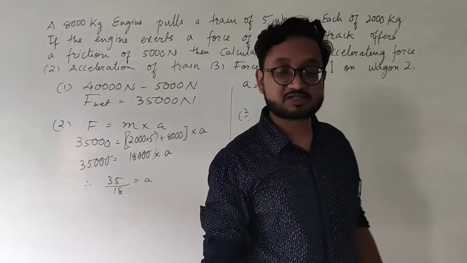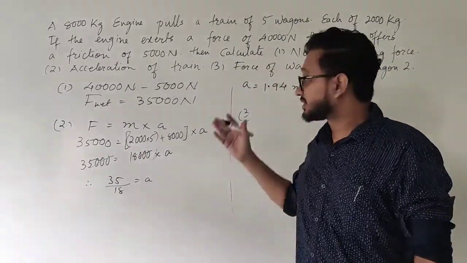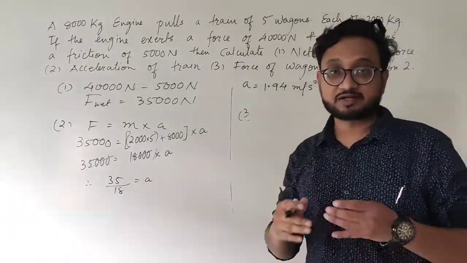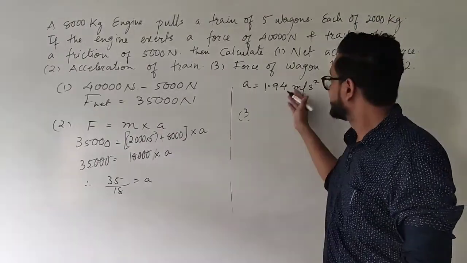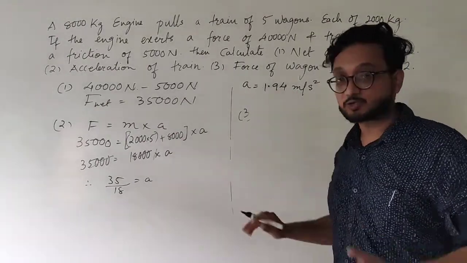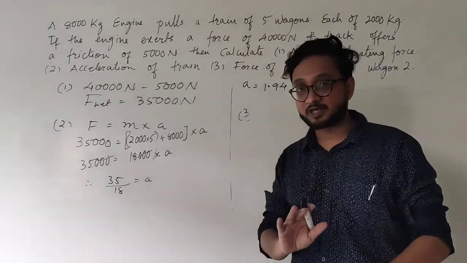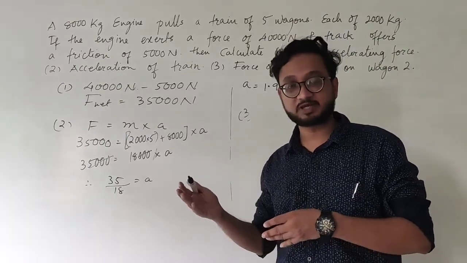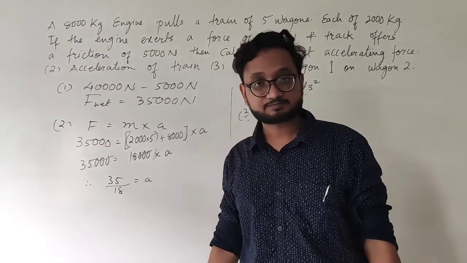When you solve this simple division, because this is already a lengthy numerical, you can solve this by yourself. And this 1.944 is a recurring number, but as I said before, you can take the approximate value up to 2 decimal places. It's fine. So 1.94, I am going to stop there. If you want to solve it more accurately, you can take even more decimal places. So the acceleration is now 1.94.